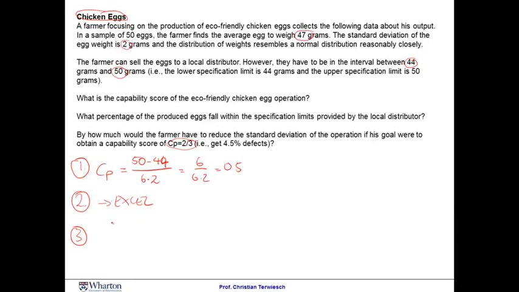Okay, and so we just take the same equation as above, which was 50 minus 44 divided by 6 times sigma, and now we leave the sigma as a variable, as an unknown to be solved for, and that we want to be equal to 2/3. And so that is equivalent to 6 divided by 6 cancels out, and then we have 1 over sigma equals 2/3, and that means that sigma would have to be reduced from the current state, which was 2 grams,